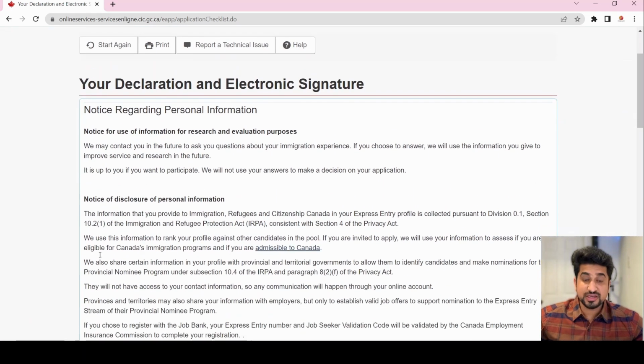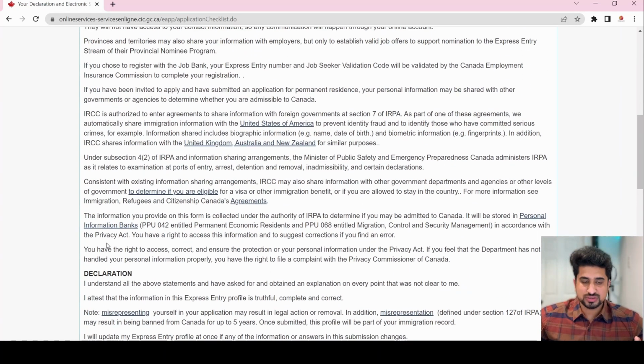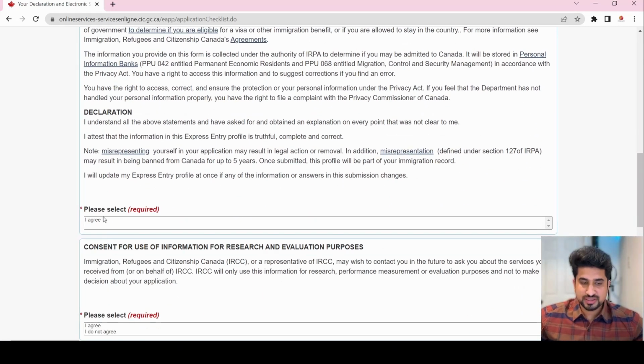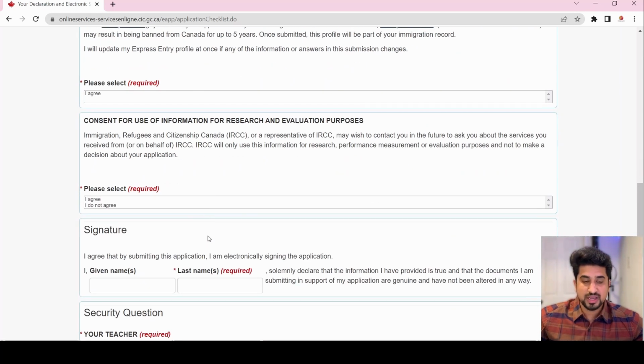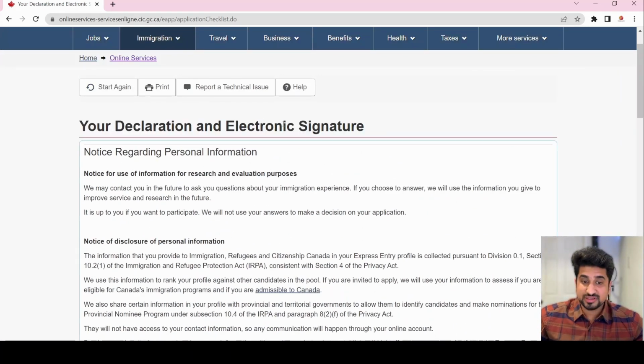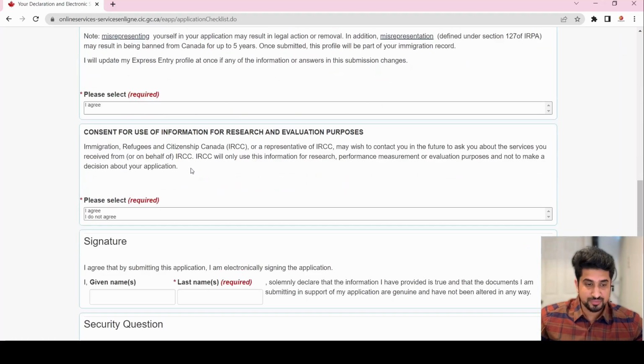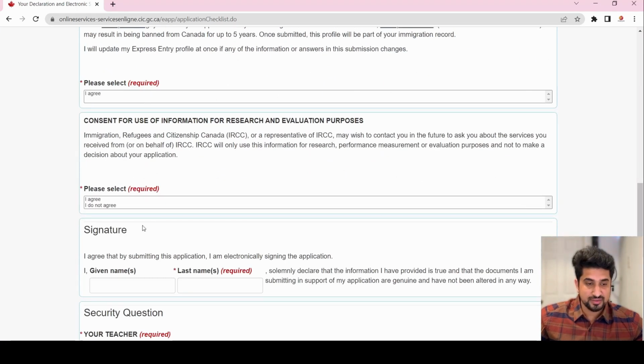And it is really very important to certify the information, because if you don't do this here, if you don't say I agree and give any declaration or confirmation for submission, that means you are not in the pool yet. So we have to read all your declaration and electronic signatures. So we'll read all the information here. I select agree,